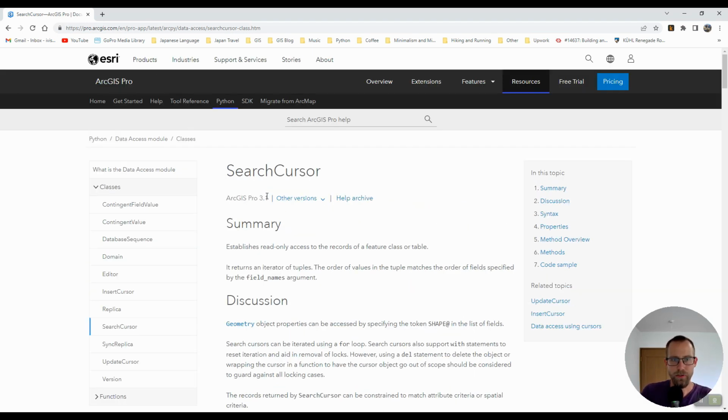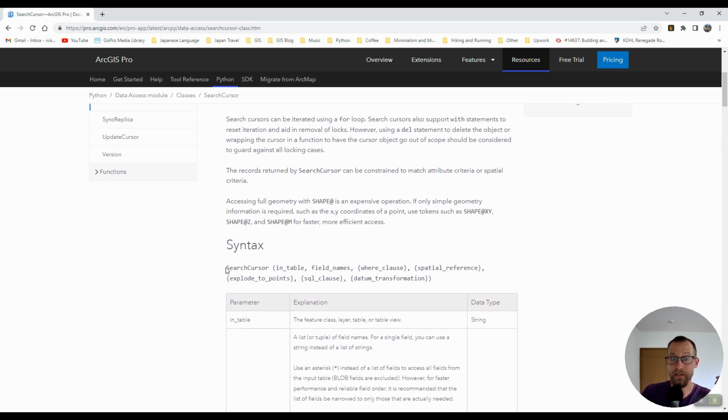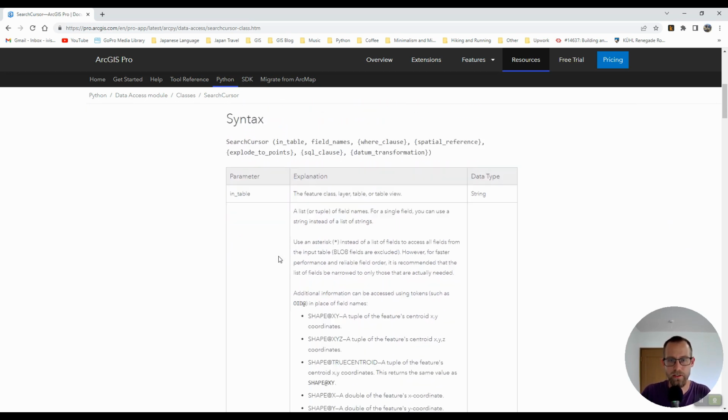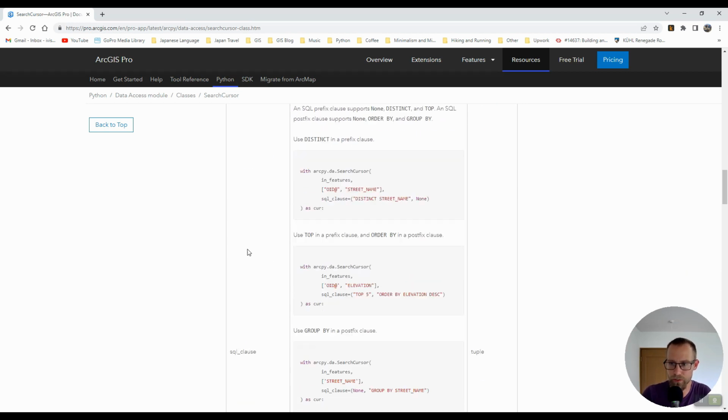On the web page, you can read the summary of the tool. You can look at the syntax. So for search cursor, we have our in table and our field names, which are required parameters, and then like a where clause and spatial reference as optional parameters in case we need them. And then usually below this information, there will be examples in the code. So I'll scroll down to one of those examples